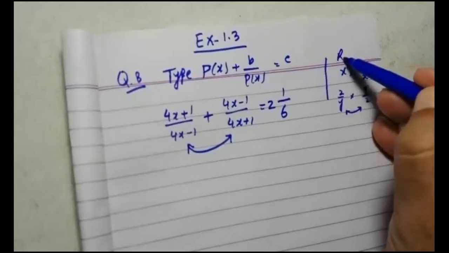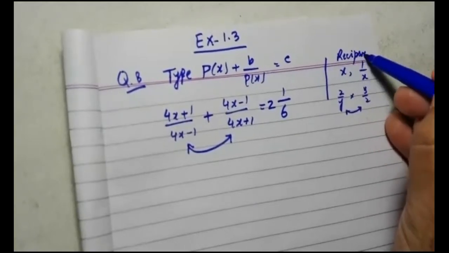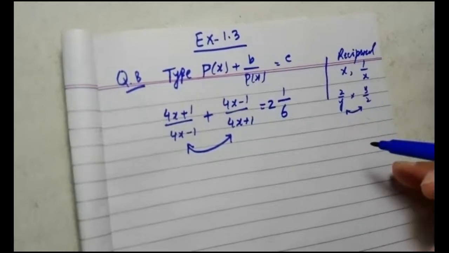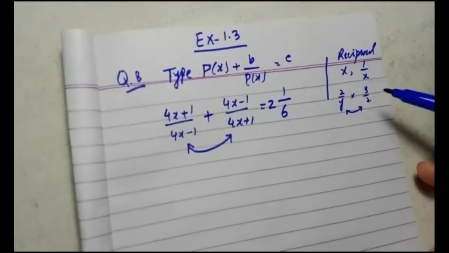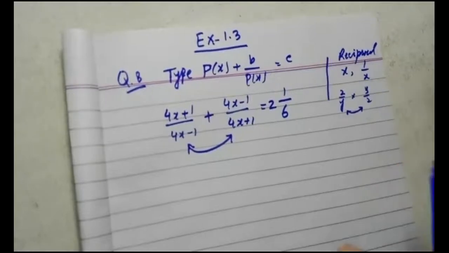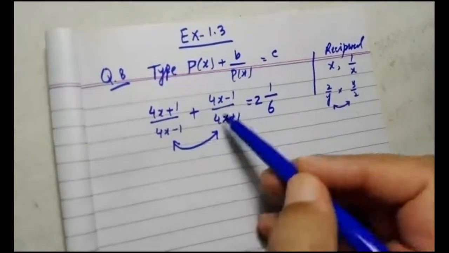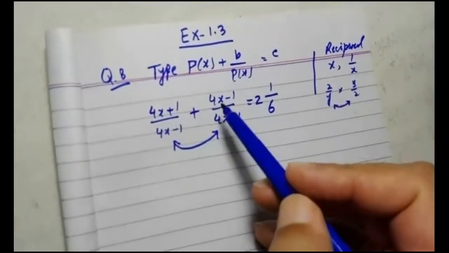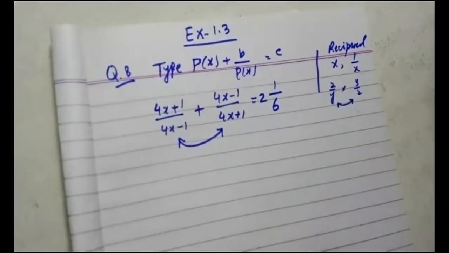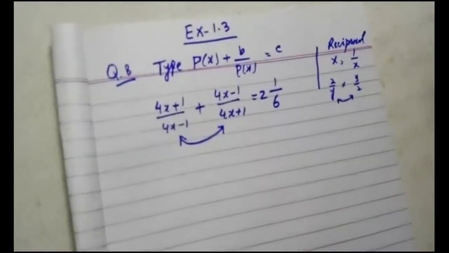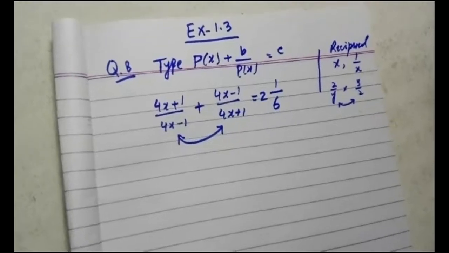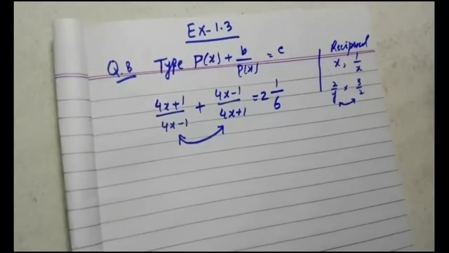So I am just telling you that this type of terms are called reciprocal. Reciprocal means that one term is the fractional part, or 1 over something, of the other term. So reciprocating means that you turn over the term, and it becomes the reciprocal of the other. So the identification of the question is this, and you will have to be very careful while solving these types of questions.